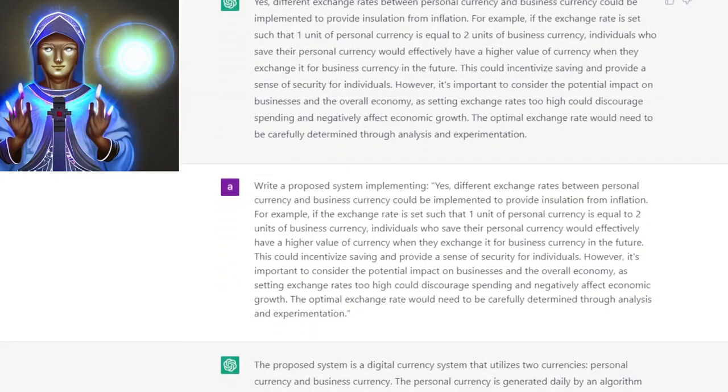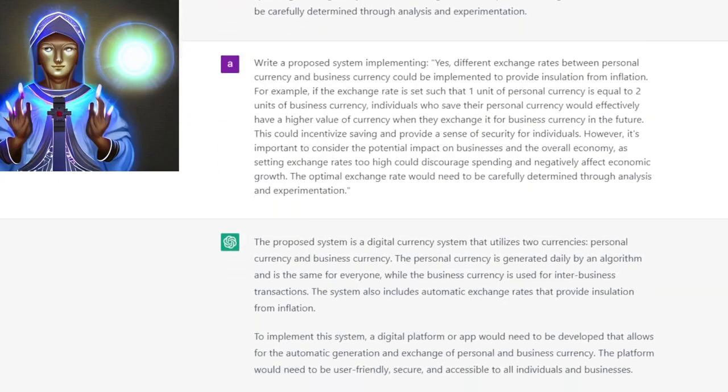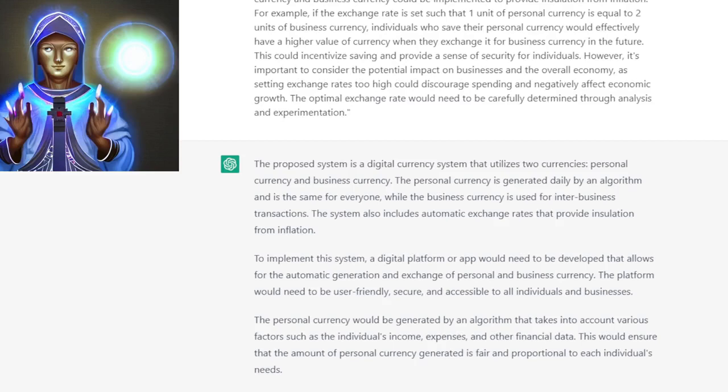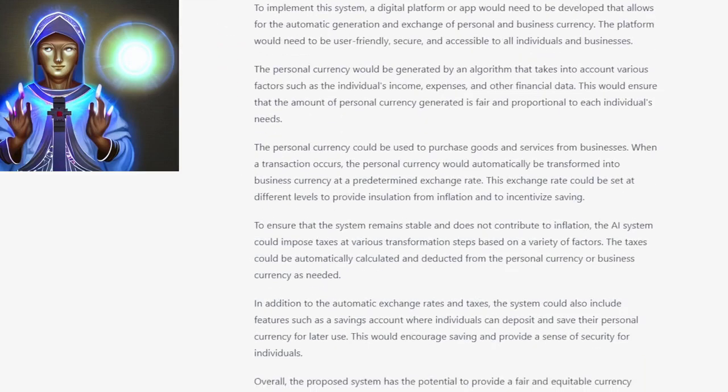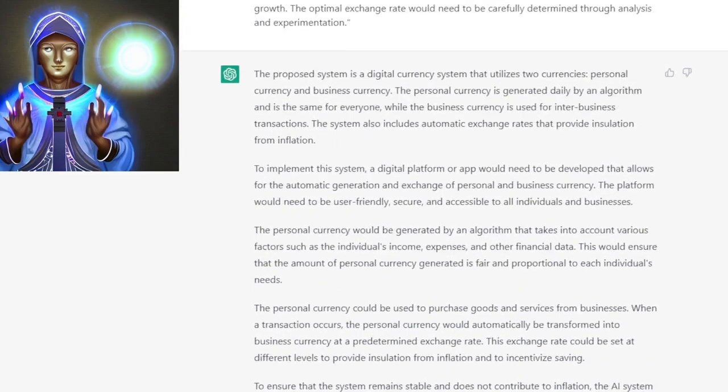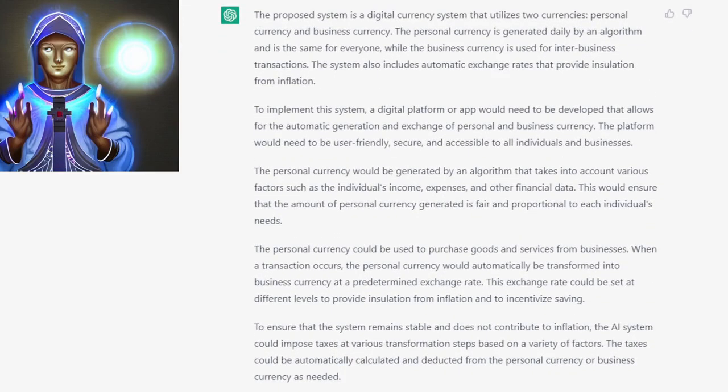The proposed system is a digital currency system that utilizes two currencies: personal currency and business currency. The personal currency is generated daily by an algorithm and is the same for everyone, while the business currency is used for interbusiness transactions. The system also includes automatic exchange rates that provide insulation from inflation. To implement this system,